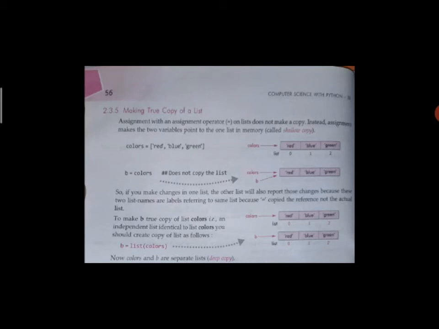First, here the list is colors. Those colors are red, blue, green. Their indexing is 0, 1, 2. Okay, now next, b is equal to colors does not copy the list, because it always stores a reference in the variable colors. If you have colors defined as a list, then you have to write their elements, but in those the values are only performed individually. So the true copy is b is equal to list of colors. This is the method to write a copy of a list. Okay, making a true copy of the list means values are stored in b and also stored in colors.